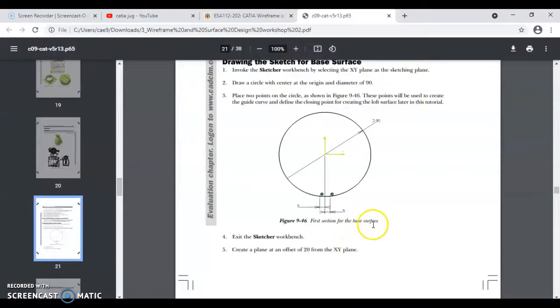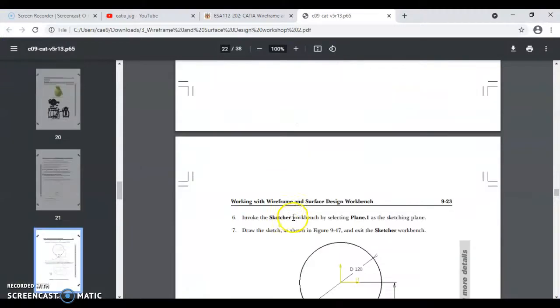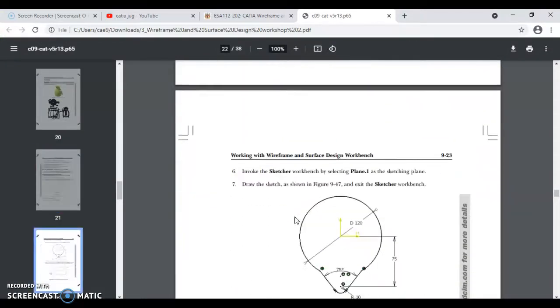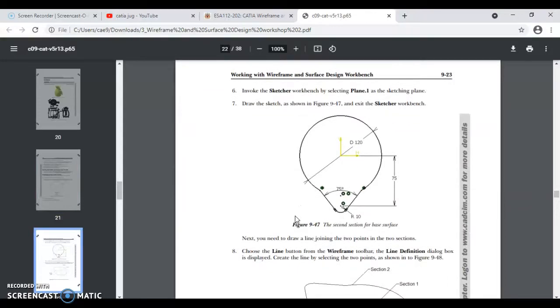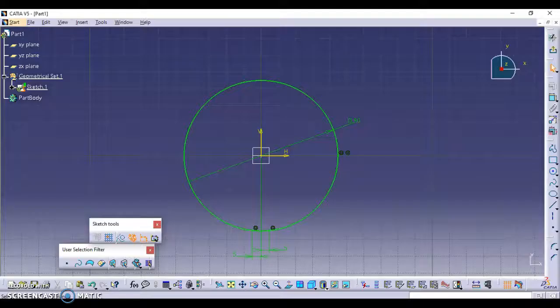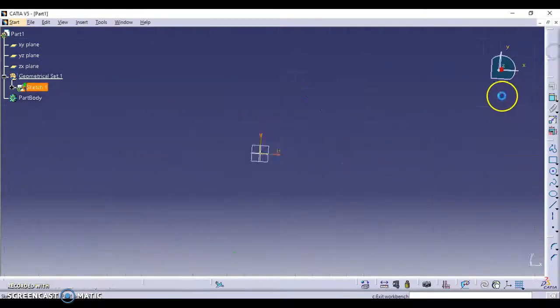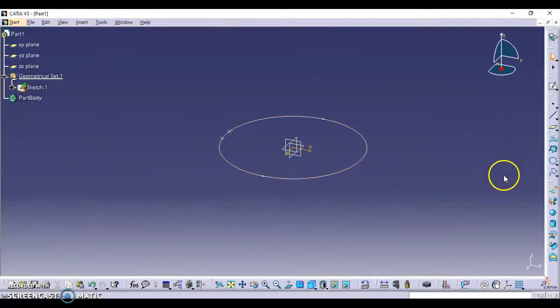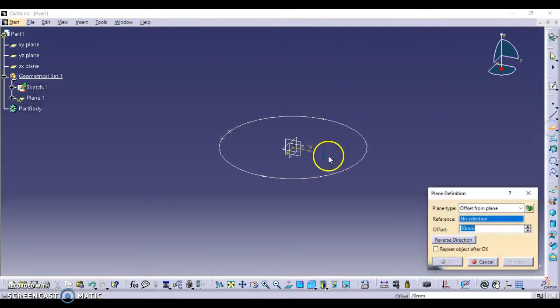Okay, next, exit the sketch workbench and create a plane at an offset of 20 mm from the XY plane. So this: create a plane at an offset of 20, so positive from the XY plane. Exit sketch, create plane, 20 mm. Okay,